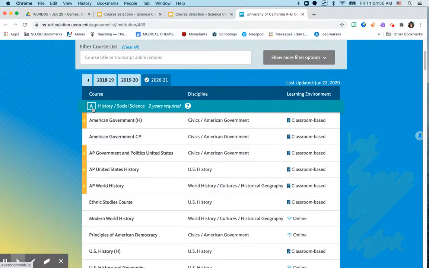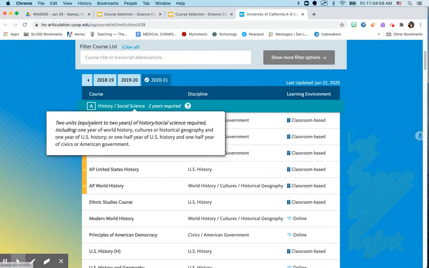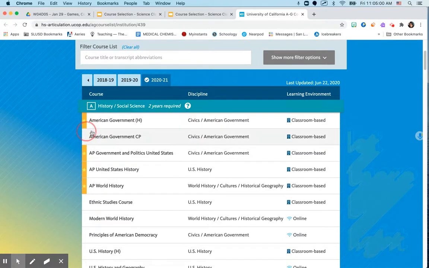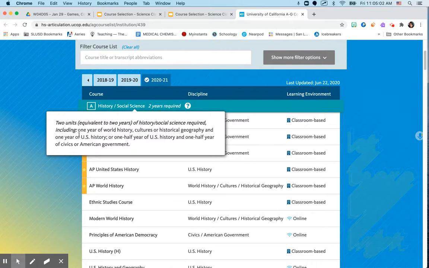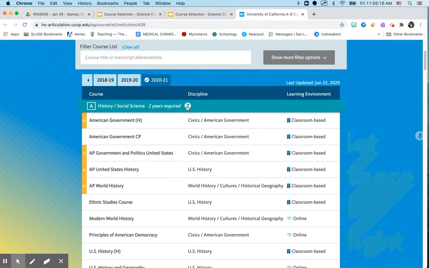So letter A is your history classes or your social science classes. Two years is required. And if you click here, it'll say that you need 1 year of world history, right? And then 1 year of US history, or half a year of US history and half a year of government, right? So as you're looking through the letters, I would definitely click into the question mark or years required,